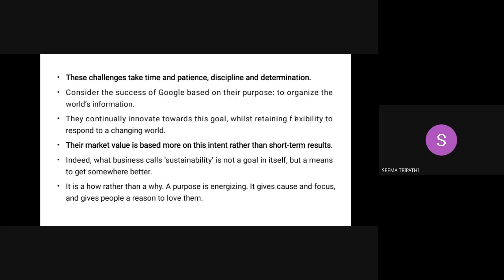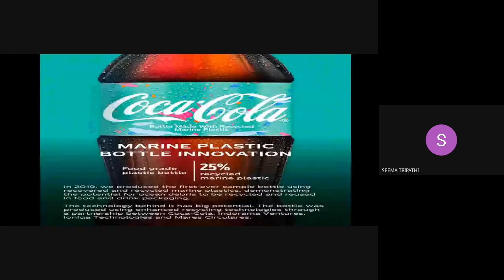It takes patience, my dear. It takes time. It takes discipline. It doesn't come on day one that you think about making a profit, start giving to the people, and get it on the first day. No, my dear, it takes time. If you talk about Coca-Cola, they are continuously improving. It doesn't mean that because you are Coca-Cola, the world's famous brand, the name brand is enough to make you survive. No, it is not possible, my dear.